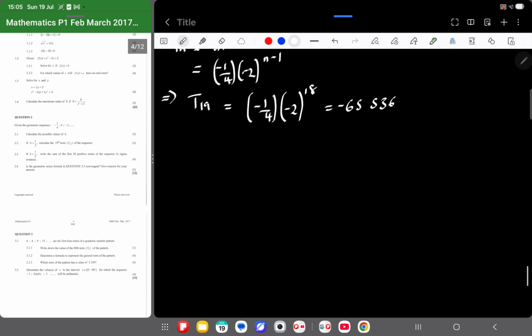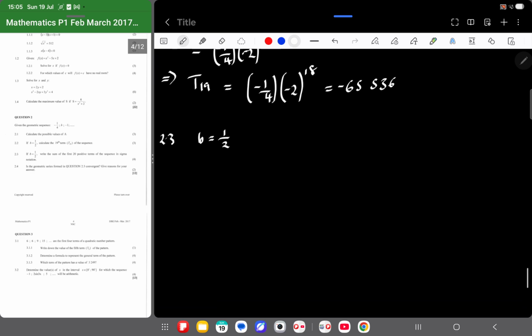We move on to question 2.3. If b equals 1/2, write down the sum of the first 20 positive terms. So let's construct this progression to see the pattern that is produced by the positive terms. So we have -1/4, b is positive 1/2, -1, and then the fourth term will be 2, and then